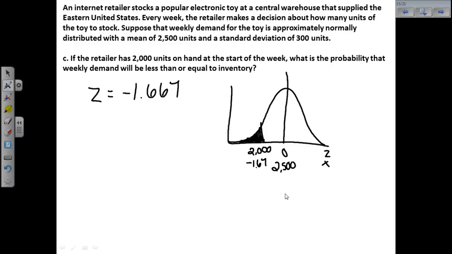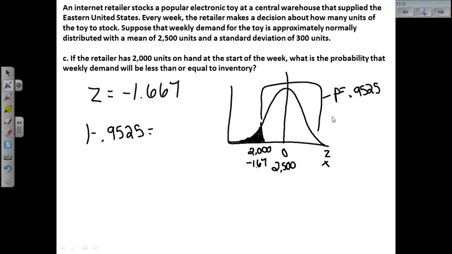So we could use the complement rule because earlier we found this probability. If you take 1, which represents the probability of any outcome, and subtract this, you're left with what's left, which would be this right here. You could remember this was equal to, from before, 0.9525. So you could just take 1 minus 0.9525, and you get